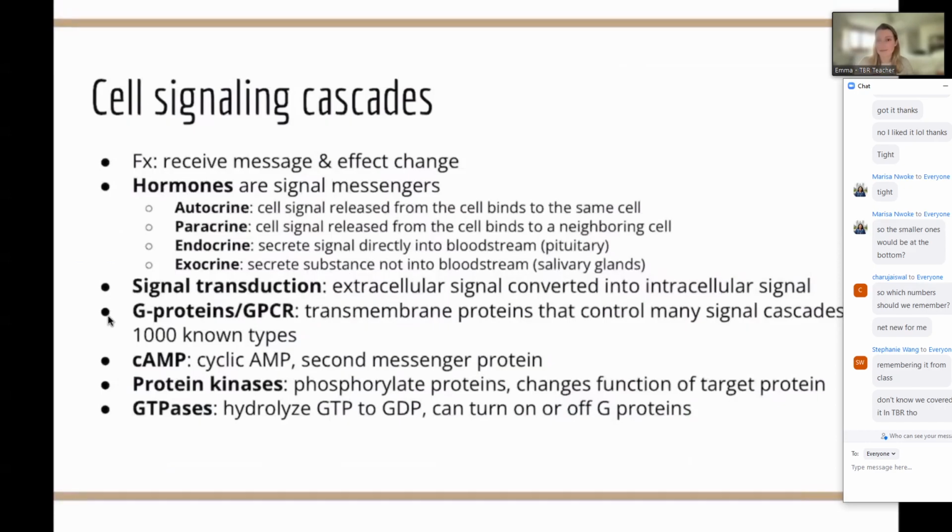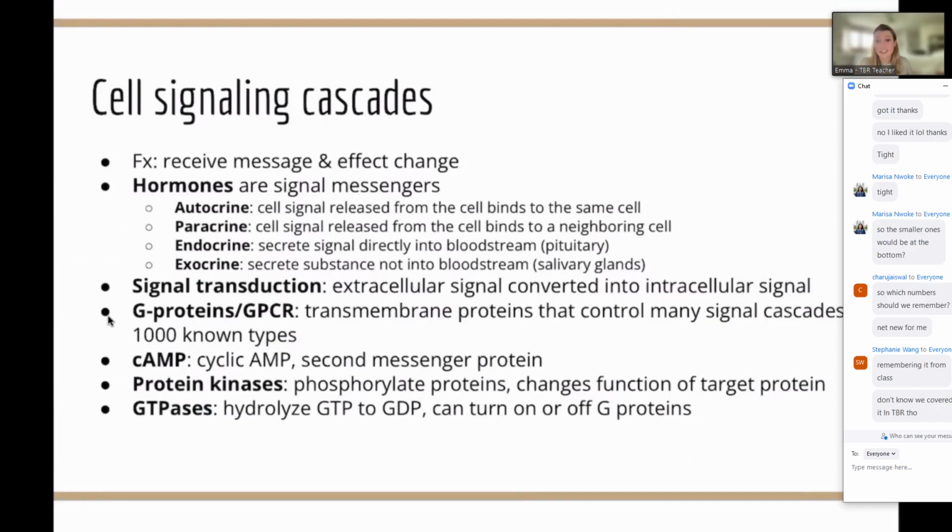There are different types of hormone signaling: autocrine, which is basically self-signaling to your own cell; paracrine, you're signaling to a neighbor; endocrine, you're releasing something into the bloodstream; or exocrine, you're releasing something into a duct. Think about your salivary glands. They're producing hormones, or the hormones that are impacting them are going to secrete the saliva. Saliva goes into the duct, not into the bloodstream. And that's the product that's coming from that signaling.